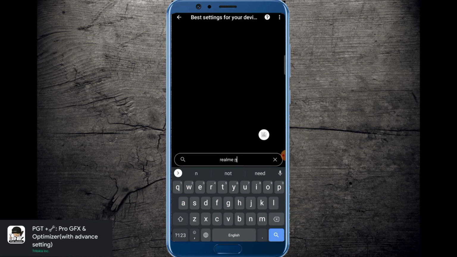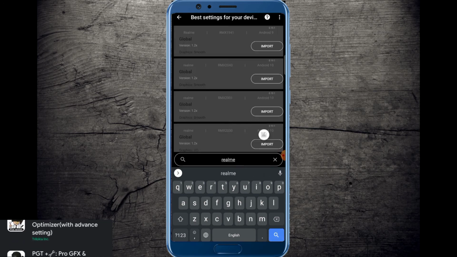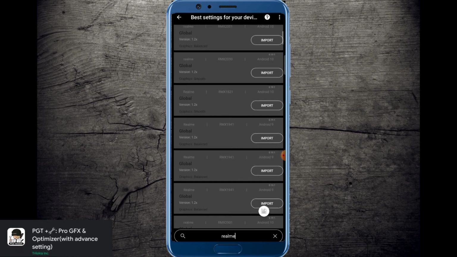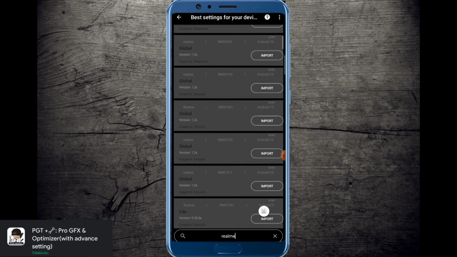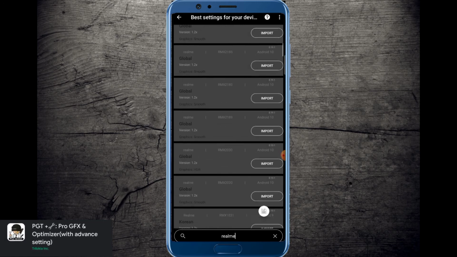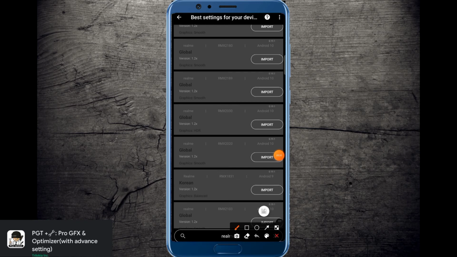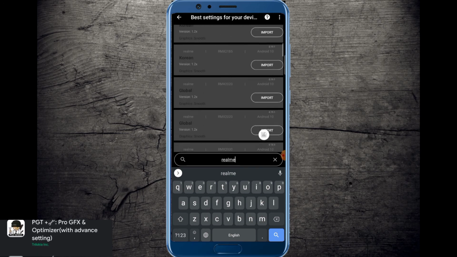So it's not coming up, so let me type Realme. So here I have a couple of lists here. I think it doesn't recognize the name, but it actually has the model number. I don't actually remember the model number, but here we can see the model numbers of the mobile.